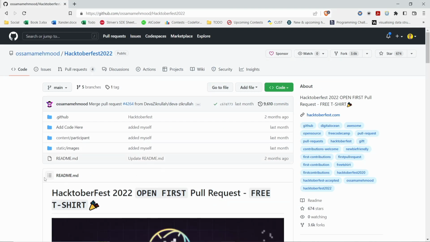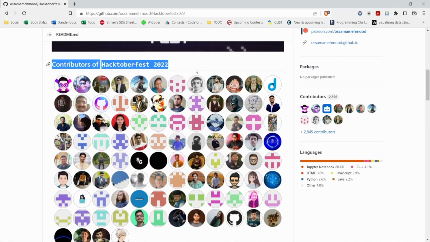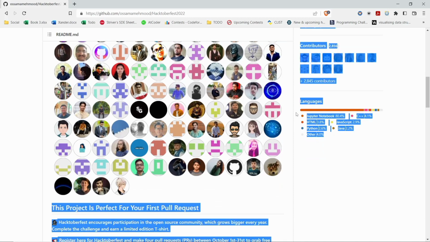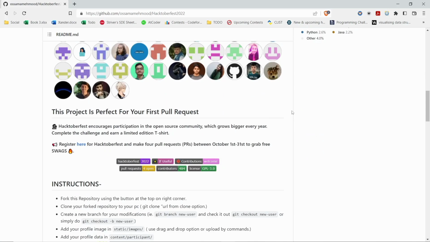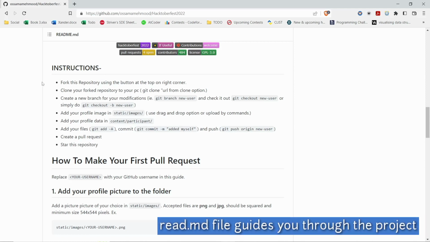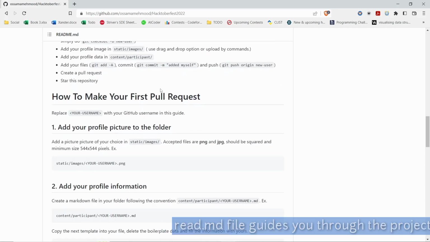So this is an open source project to which you can contribute. These are the people who contributed to this project. You can see the languages used in the project. Here you can get the procedure of how you can contribute to this project and make your first pull